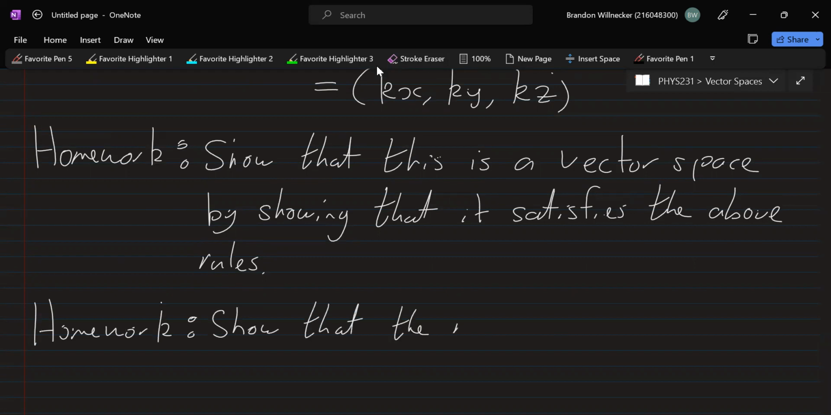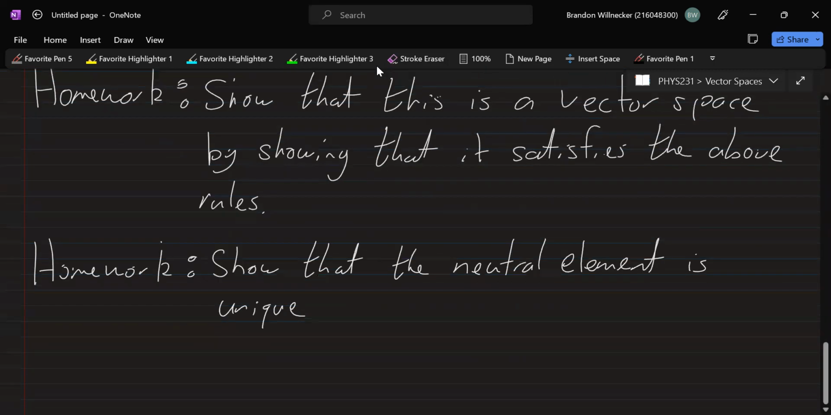Show that the neutral element is unique. So that's the 0. So just as a hint, when you're trying to show that something is unique, we can assume that there are more than 1. So assume that there's 2. So we have neutral element number 1, neutral element number 2, and then through your proof, you will show that they are actually equal. Okay, which means that there should only be 1. Yes, and then secondly,